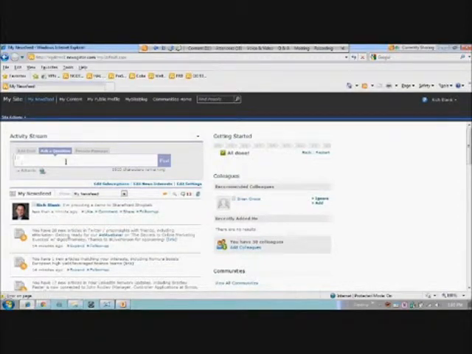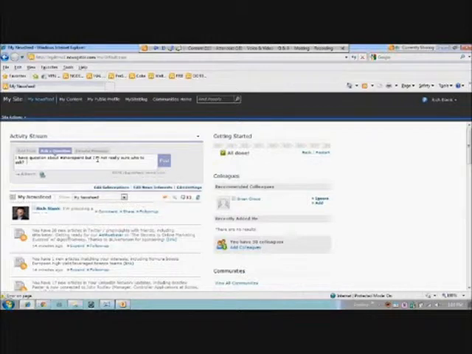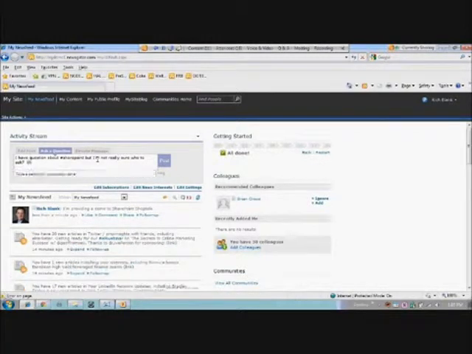I may not know who the person is that I'm asking the question, although I may have some idea. But the way I would go about doing that is say, I have a question about, and I can hashtag terms such as hashtag SharePoint, and you can see that a drop down comes up, and I could select that suggested term. But I'm not really sure who to ask, and I can go ahead and post that.